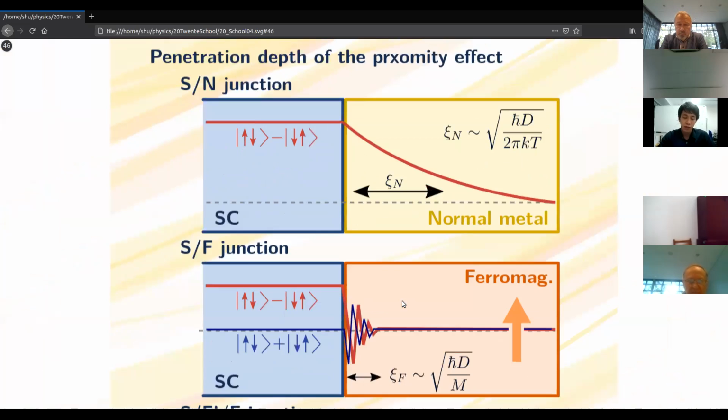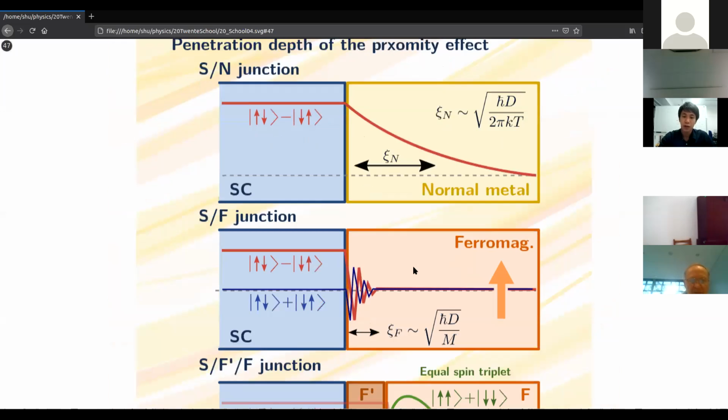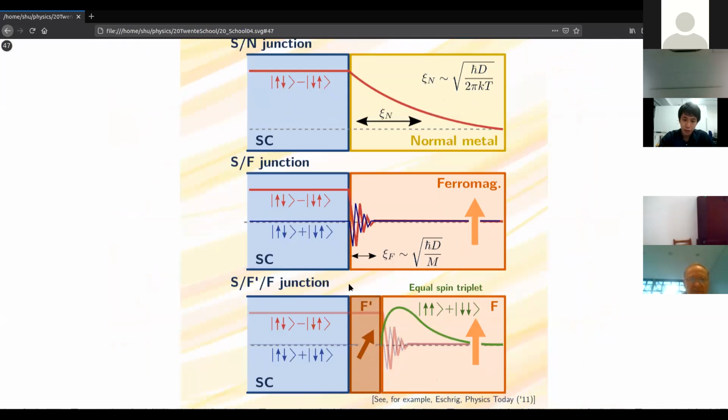However, in the SF junction, the penetration depth for this S-wave spin triplet is characterized by the ξ_N. This is much shorter than the ξ_N. However, by introducing another layer of the ferromagnet, where the magnetization points in a different direction, we can generate the equal-spin triplet. And in this case, it is well known that this equal-spin triplet can penetrate with the order of this